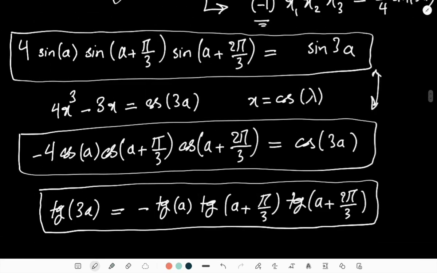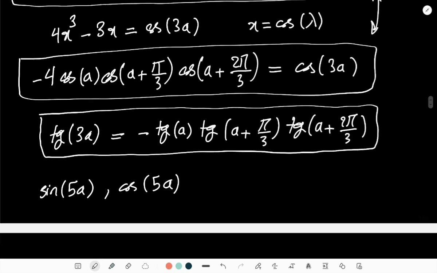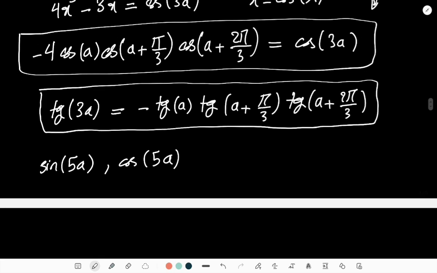However, if I basically repeat what I did for sine of 5a and cosine of 5a, I can actually find a formula for tangent of 5a based on those values up there. So guys, this is going to be a tedious job. I am not going to do it, but just for you to know that you can actually calculate sine of